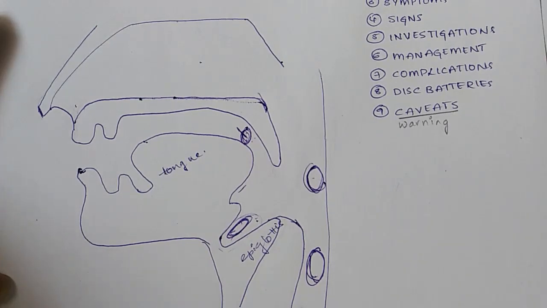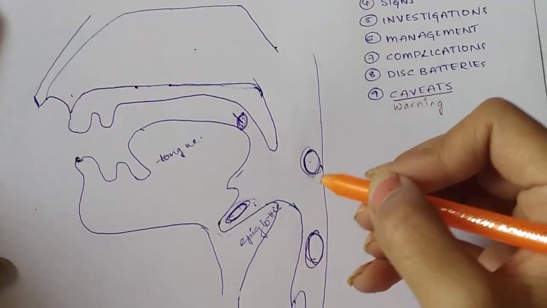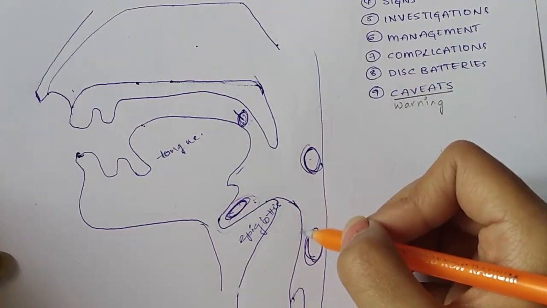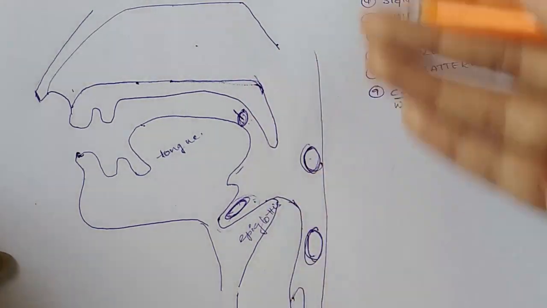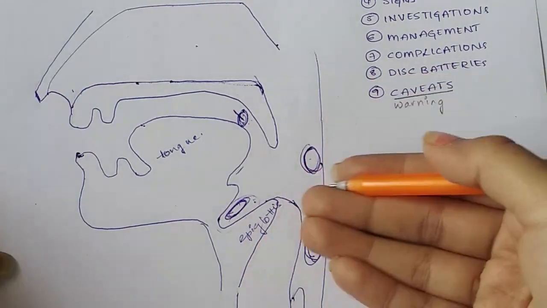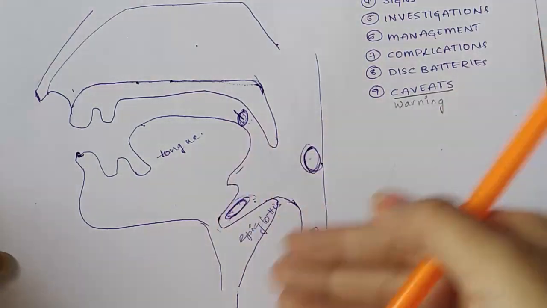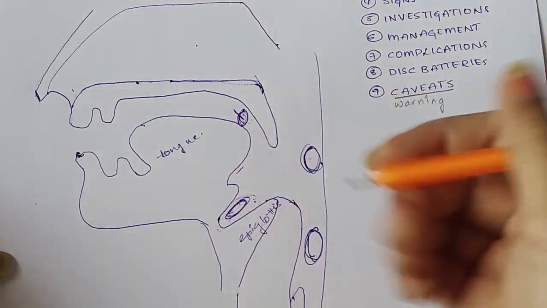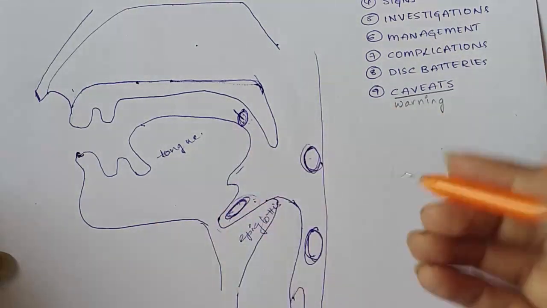or it can get stuck in the pyriform fossa. To know the pyriform fossa, orientation should not be like in sagittal section. In sagittal section we cannot see pyriform fossa neatly. This is the larynx, right? We have to lift the larynx and behind the larynx, on either side of the larynx, you can tell that.